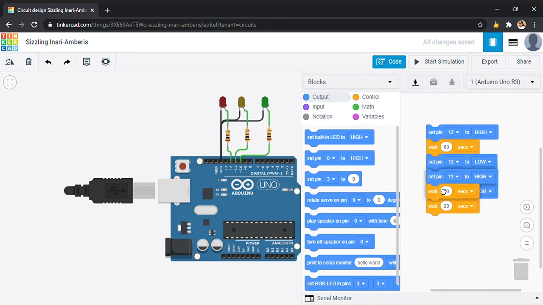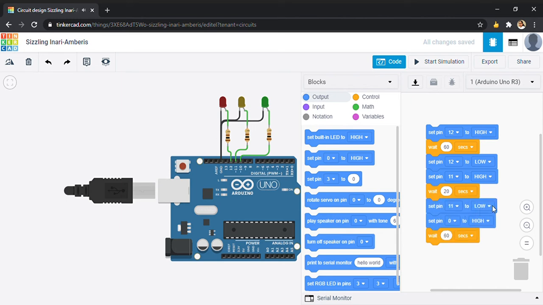You can duplicate this again here and paste it here and change it to low, except this time we are also going to change the value back to 60 seconds as we want the green LED to also stay on for 60 seconds, that is 1 minute. Now we need to switch off the previous LED, so we need to switch on the green one.